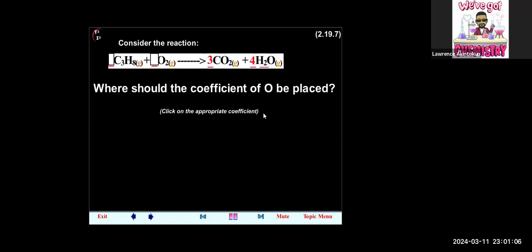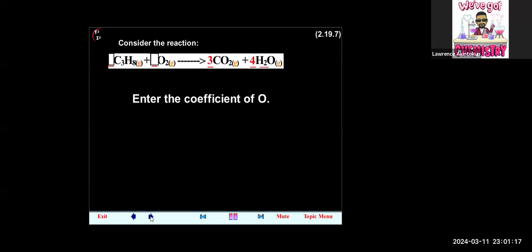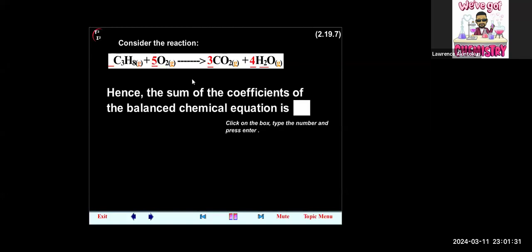Where should the coefficient of O be placed? Enter the coefficient of O. Hence, the sum of the coefficients of the balanced chemical equation is